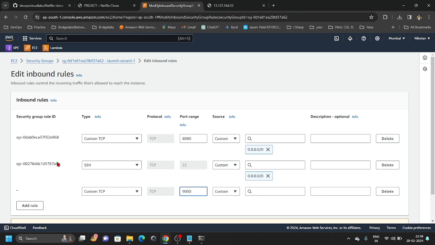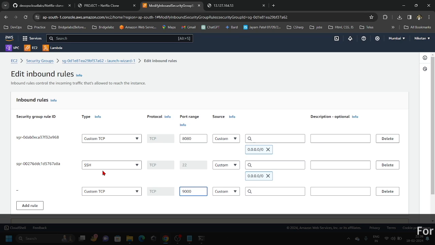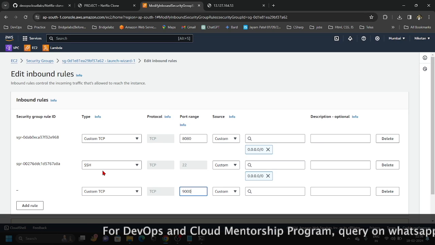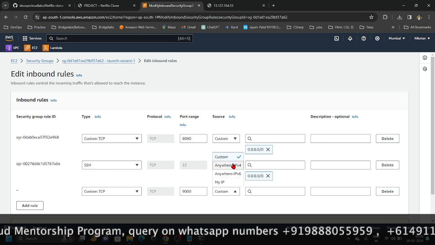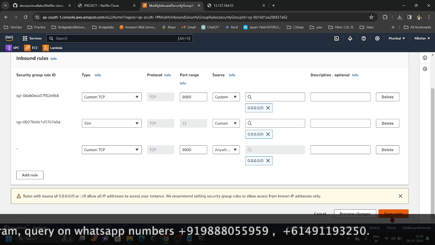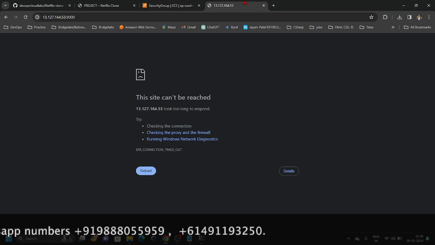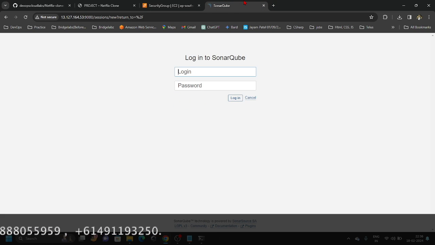The security group is the first layer of instance level firewall, we can say. Without any port number provided here, we can't access our instance with any port. So I will be putting anywhere. Okay, I will save this rule, and now I will refresh this page and see, we are seeing the SonarQube server,